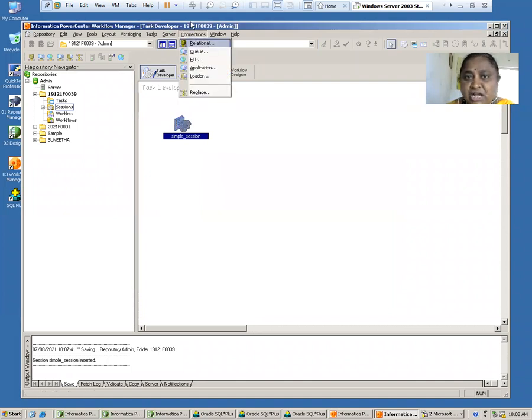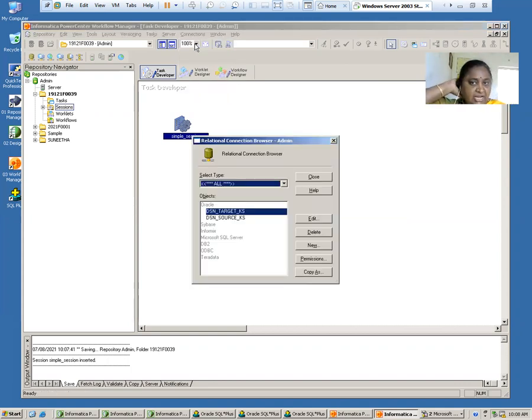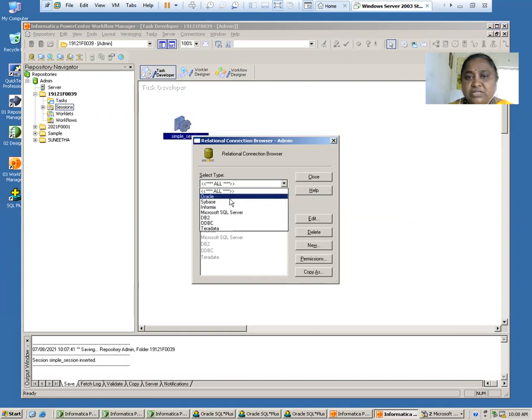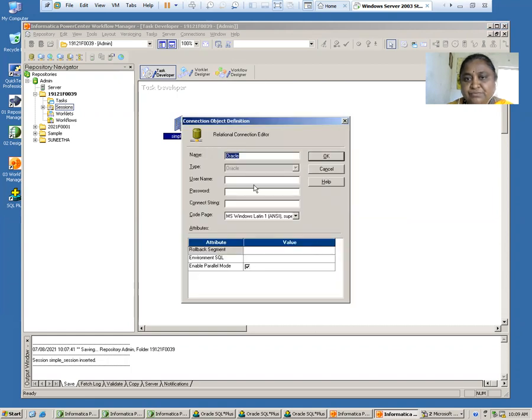Because I am working with my Oracle SQL Plus, I have to go for relational database. So I select the relational database, which is a connection browser. Right. So I have to select Oracle. New.